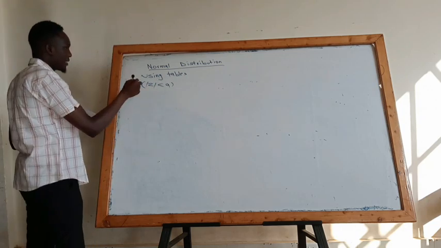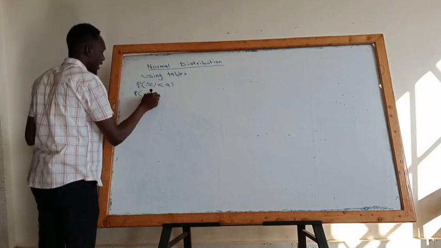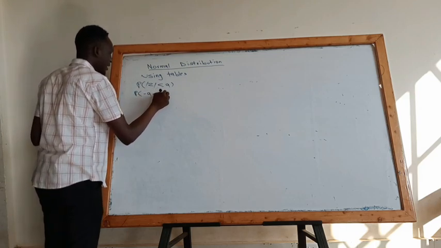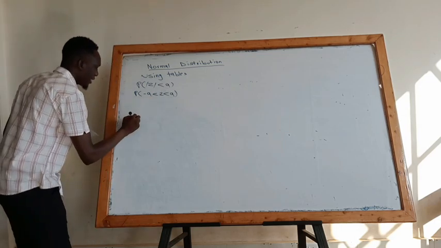When we expand this, it's the same as the probability that negative a is less than z, which is less than positive a. When you draw the sketch,